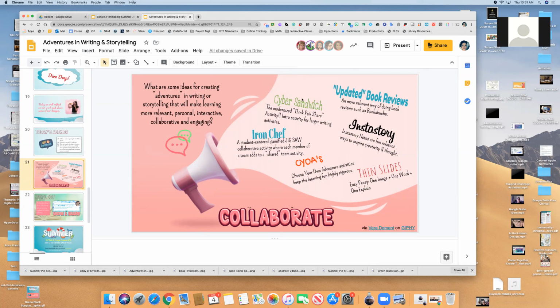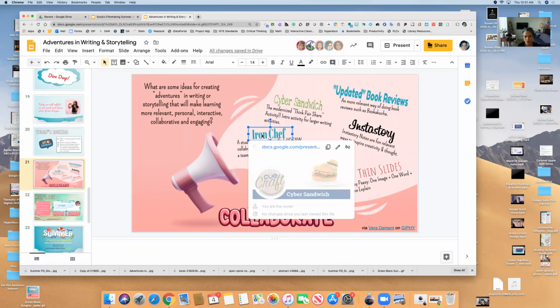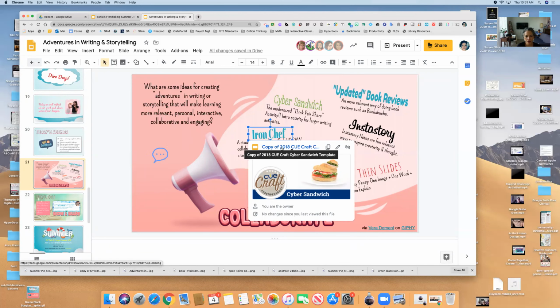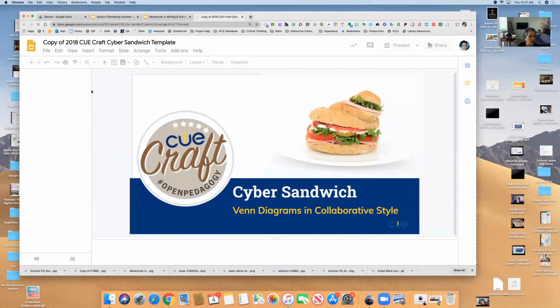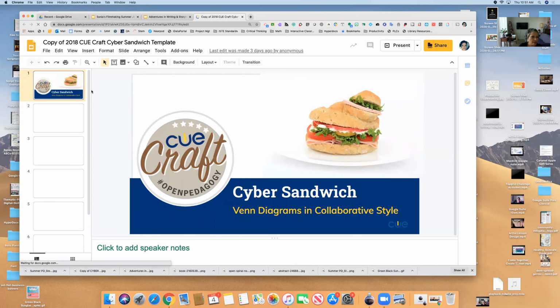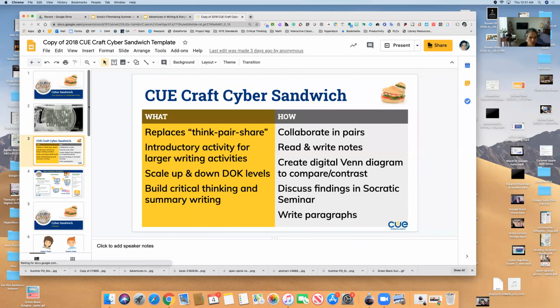So one thing I want y'all to see here is I added another resource that I did not have there here on day 1 and day 2. And this one is the Iron Chef activity. I really, really like this activity. I don't know why I didn't include it on day 1, but I'm going to go back and add it in the appropriate place. But this is a new way of doing Jigsaw, right?